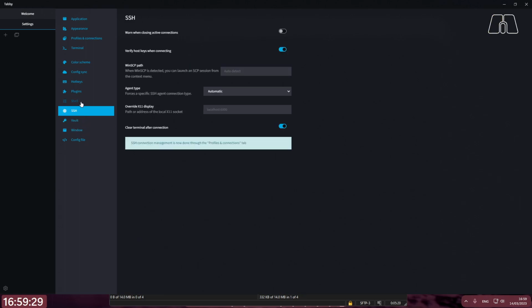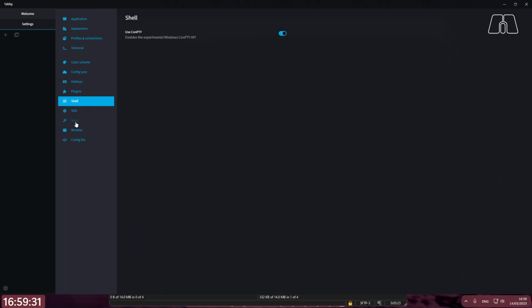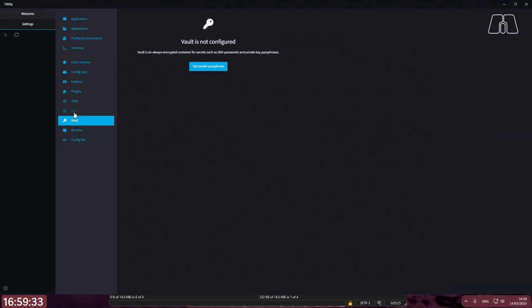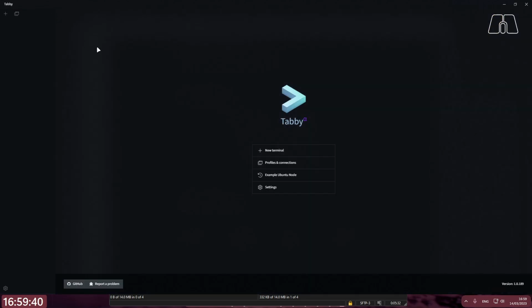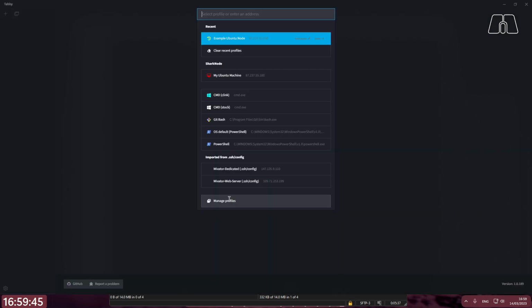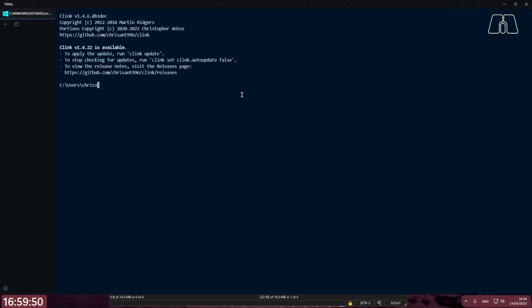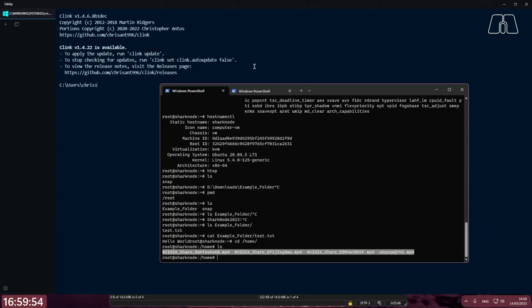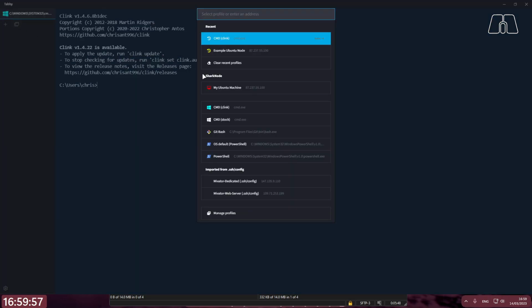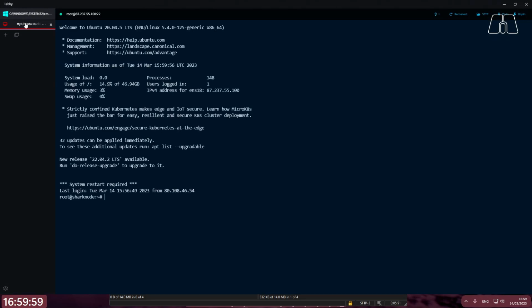Vault, SSH and shell, you shouldn't really change much unless you need the config file cross-synced over your Vault or over config sync. Now you can close those, and if you click on this icon, you can either create a CMD, aka command line interface, and use it like the normal terminal like this one, or you can open your node. It can automatically connect via password, and as you can see,